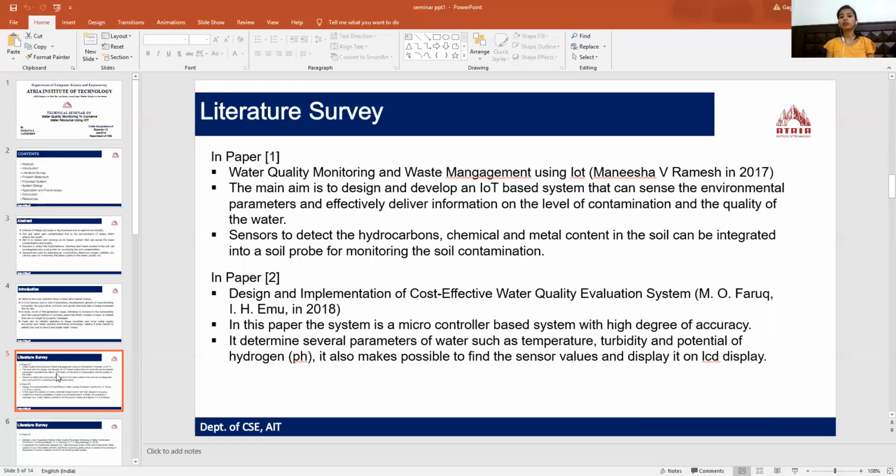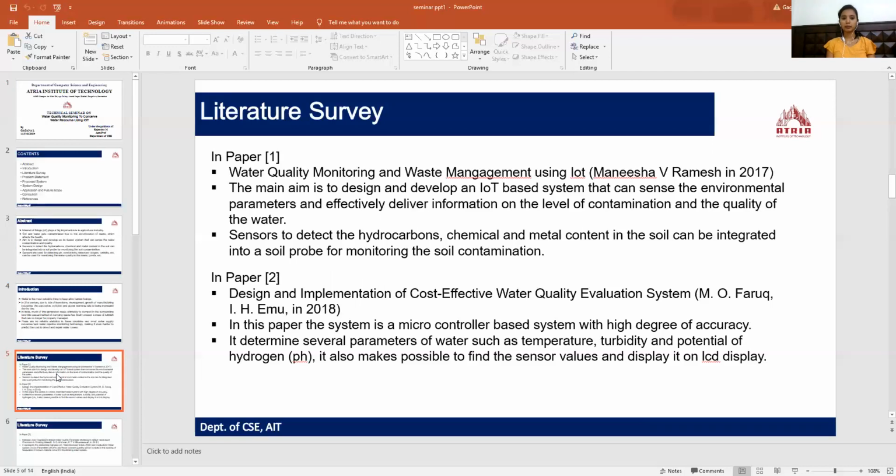The main aim of this paper was to deal with the quality of water and to know how much the water is contaminated. They have used sensors to detect that. Sensors to detect the hydrocarbons, chemicals, and metal content in the soil can be integrated into the soil probe for